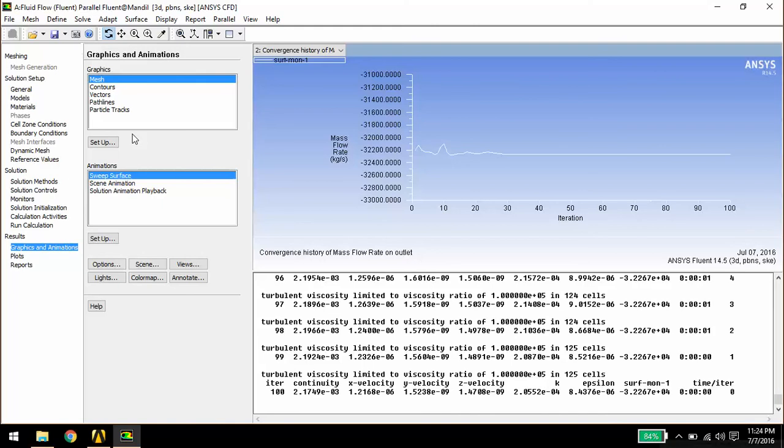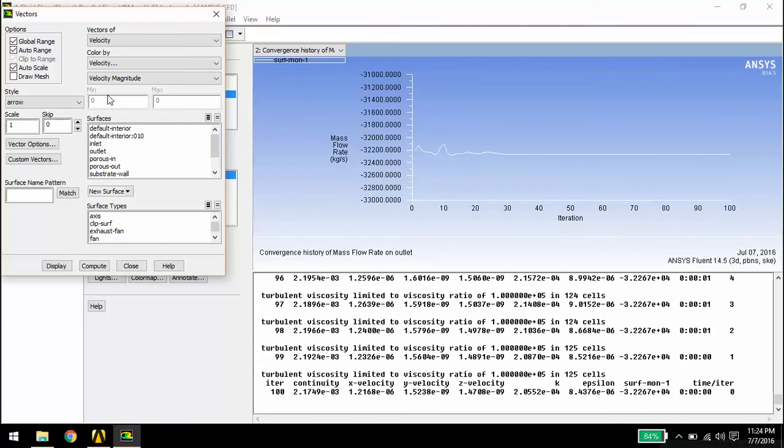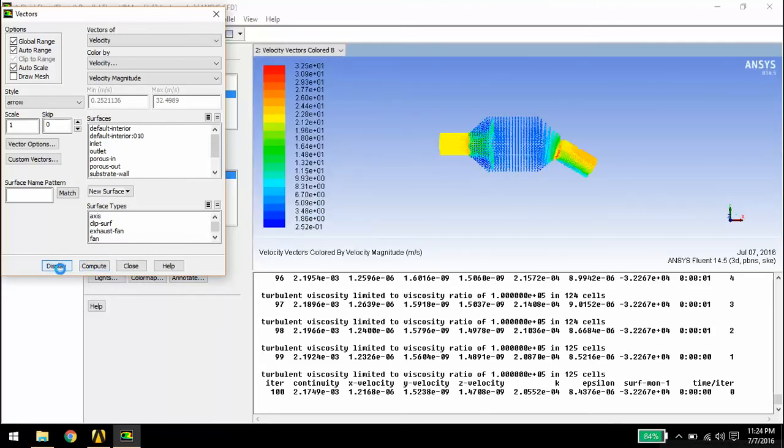Now go to graph, vectors, velocity vector, press compute, display.